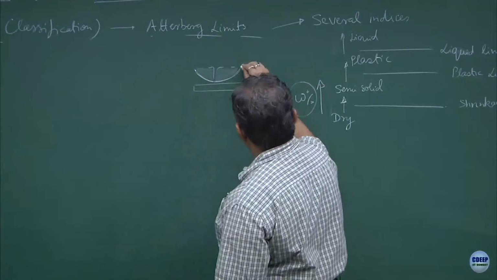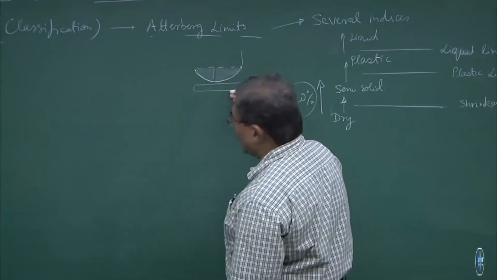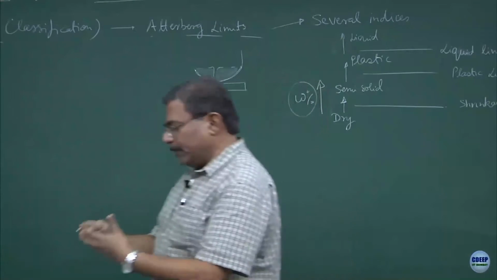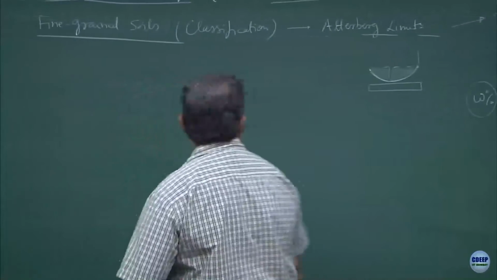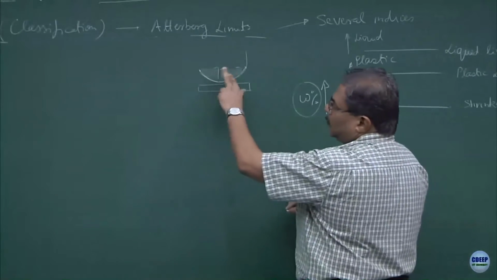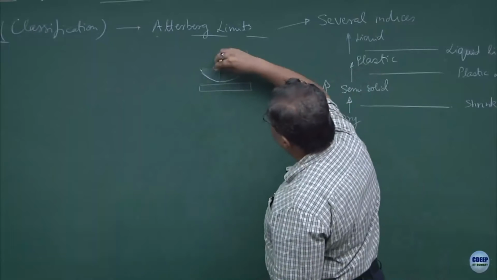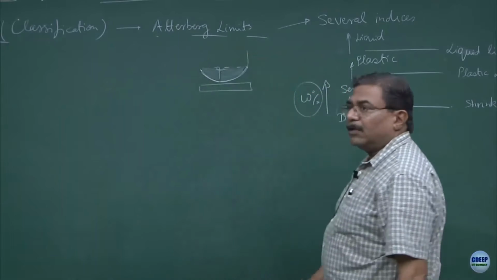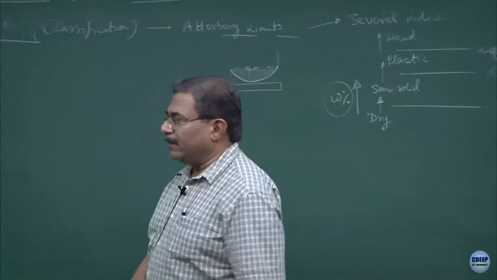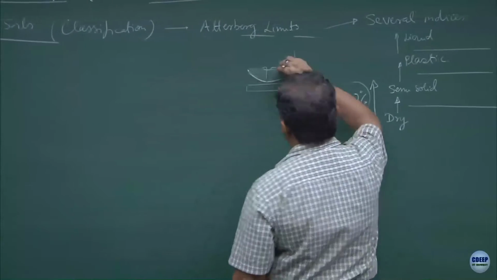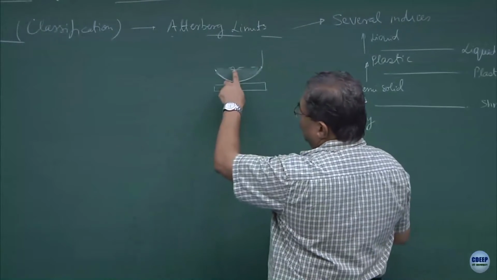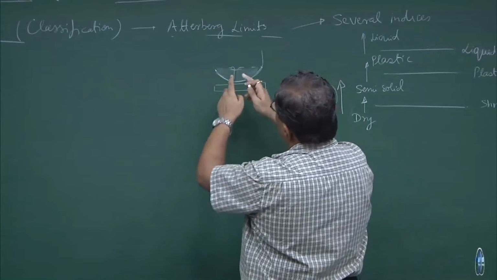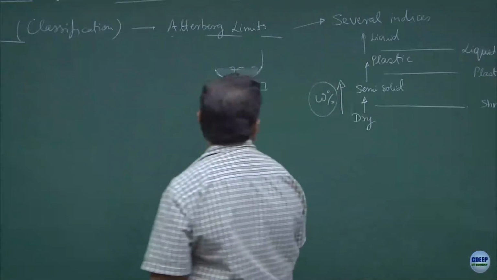Then we allow this cup to fall on the platform, giving several tamps. Because of the tamping process, these two cleavages which have been created tend to get filled up. We call this caving in, particularly in the case of tunnels. This is the limit when these two cleavages just try to close up. At this point, we find out the liquid limit.